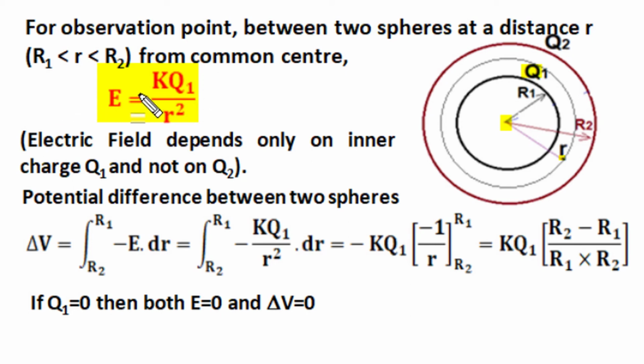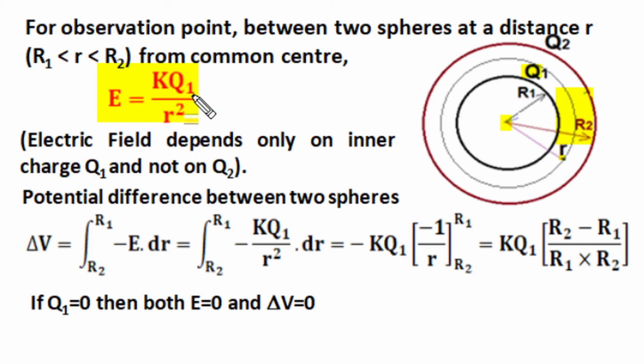Now this result can also be proved from the superposition principle, as for this external position, if we consider the action of this inner spherical charge, then this charge acting from its center will contribute this much amount of electric field intensity, and for the external spherical charge the internal electric field contribution is always 0. So the total resultant electric field is only due to the charge of the inner sphere. So in between these two spherical surfaces, the electric field contribution depends only on the charge of the inner sphere and it won't depend on the charge of the outer sphere.